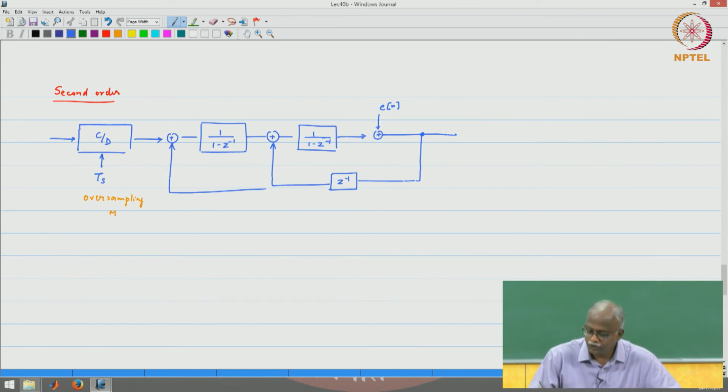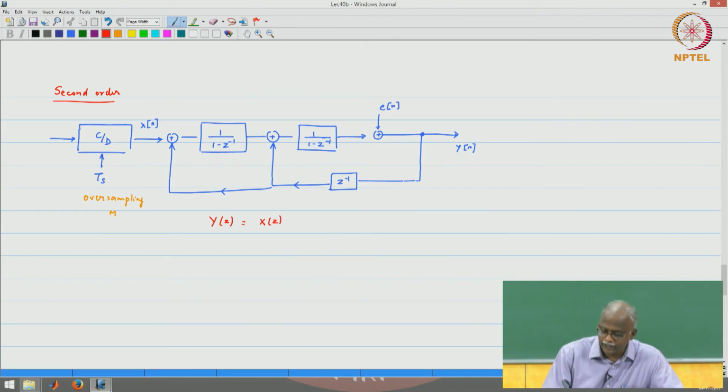So effectively, if you take this to be y of n and this to be x of n, like before, please go through the analysis and obtain the transfer function, and please verify that what you get is Y of z is equal to X of z, again no change in the input signal's component, plus E of z into (1 minus z inverse) whole squared. Which then says that my modified spectrum S_Ê(e^{jω}) will be equal to